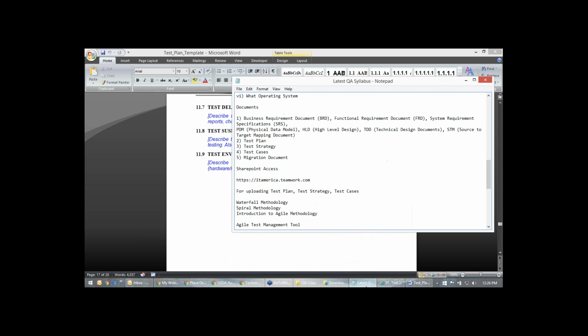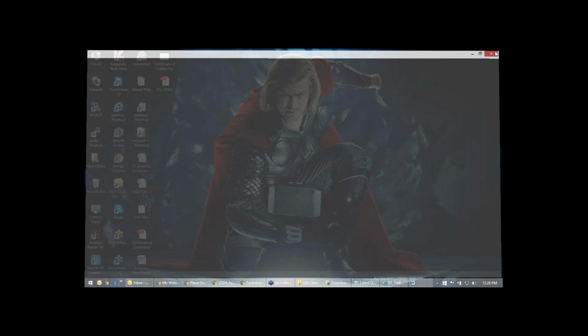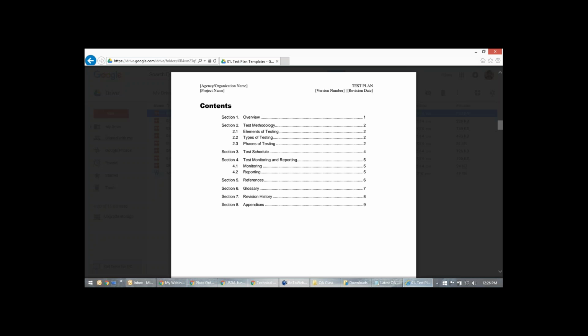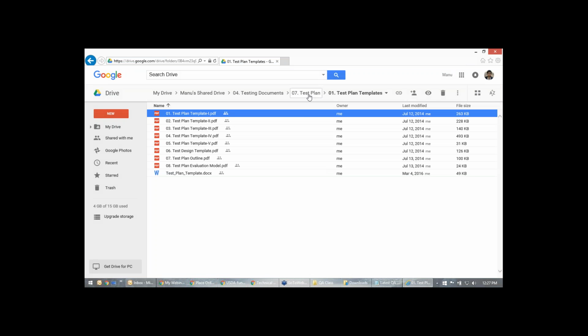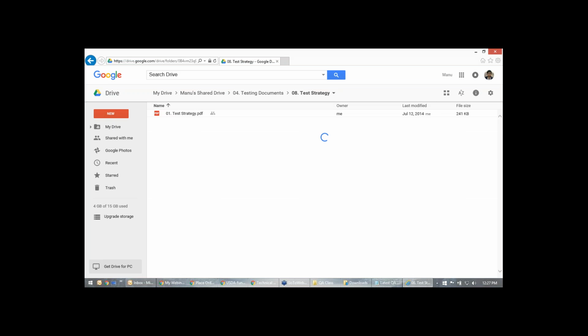Okay, and one more we have is the test strategy document. So what is a test strategy document? In real time, they might also be saying test plan and test strategy are the same, but to me it's not the same. I would not take it as the same. Test plan is different, test strategy is different, right? Then what is the test strategy?